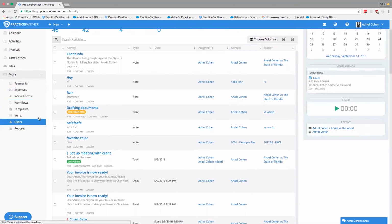So what I would like to do now is talk about a little bit of the other functionalities that we have. We have intake forms. Intake forms was something we just released about 2 months ago, and it's been very, very successful. A lot of attorneys are posting these intake forms on their website or even on an iPad, so that when they're getting a new client to go on their website, they can put in some name, information. And by the way, these intake forms are completely customizable. You start them from scratch, and a lot of attorneys were very happy to hear that because a lot of these templates that some of these forms actually have in the beginning,